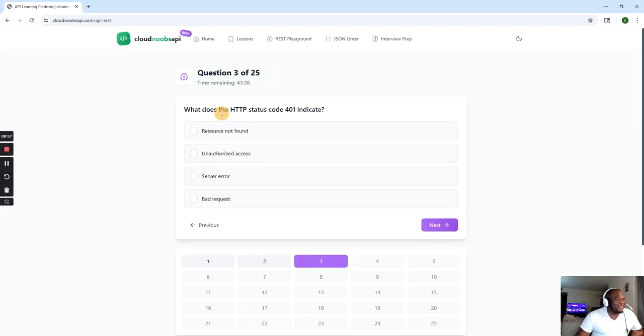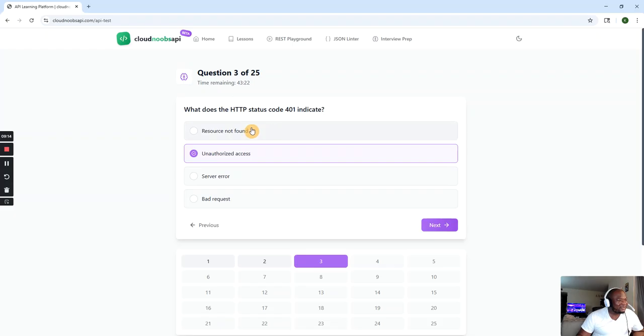All right, what does the HTTP status code 401 mean? So we just saw 401 in the HTTP status code. I would choose unauthorized access.